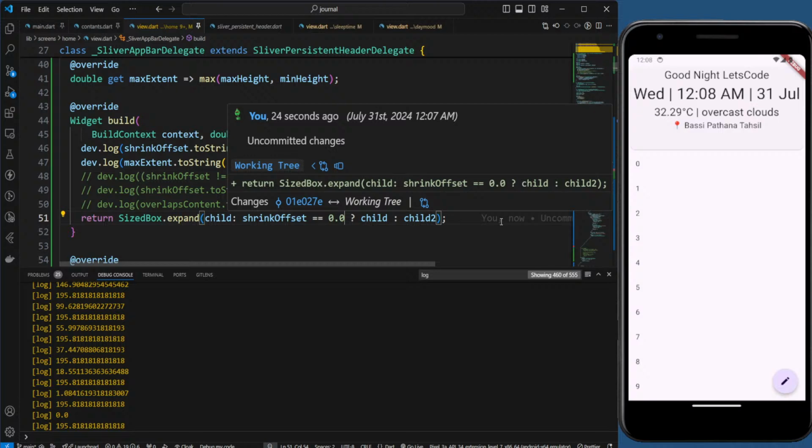So what we can do, based on whatever the shrink offset is, since this will go from 0 to our max extent, we need to keep changing the items inside this child, right? So what we can do is